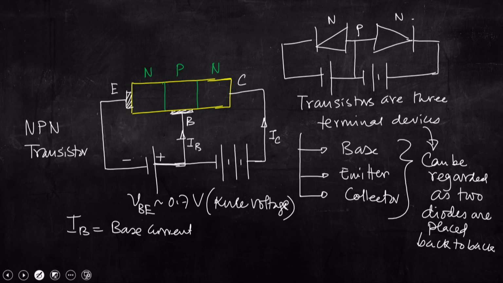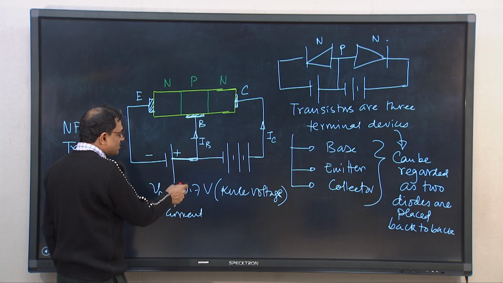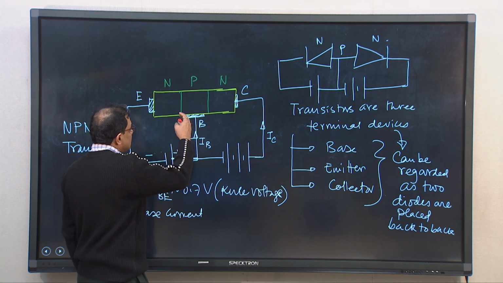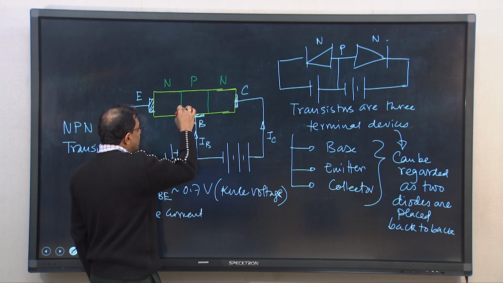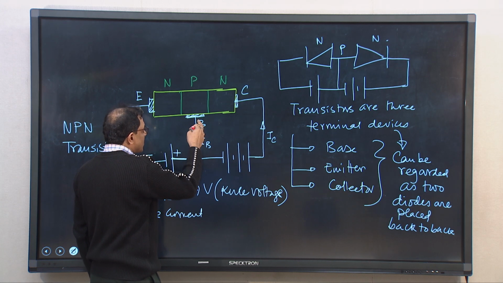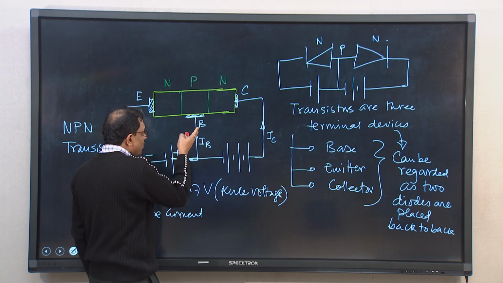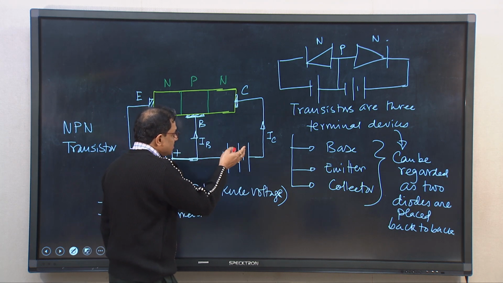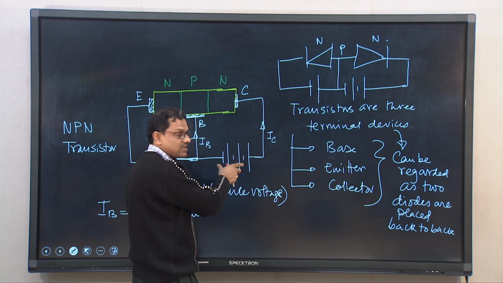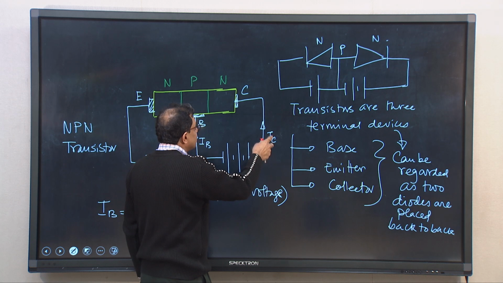So, this is collector C. The moment a small current flows from base to emitter, that means if we have 0.7 volt, that is the cutoff voltage or knee voltage, that voltage will break the barrier and create a gateway, and then only a small current will flow from base to emitter. This small current will allow a significant amount of collector current to flow, if this circuit is there, a significant amount of collector current to flow from collector to emitter,